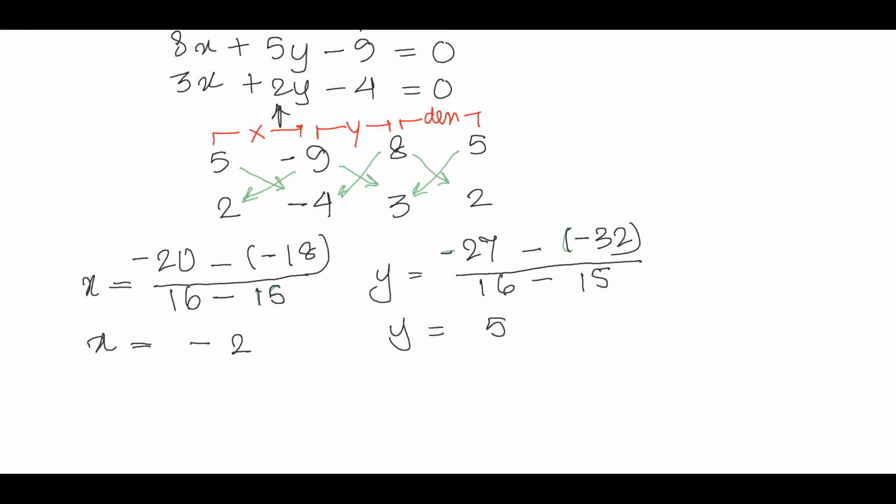So it's an interesting method. It will take a little while, but you will get a good grip on this, and then it would be fun. Otherwise, if you have to solve linear equations in two variables, yes, these are simultaneous linear equations, but we are learning a new technique to solve it. I'm sure you must have done this by the elimination method. That means you make the coefficients of any one variable the same, and then you eliminate that. Okay? And then there is a substitution method, and there are so many methods. So this is something which maybe you might be seeing for the first time. So it's always better to learn new things. Why not?